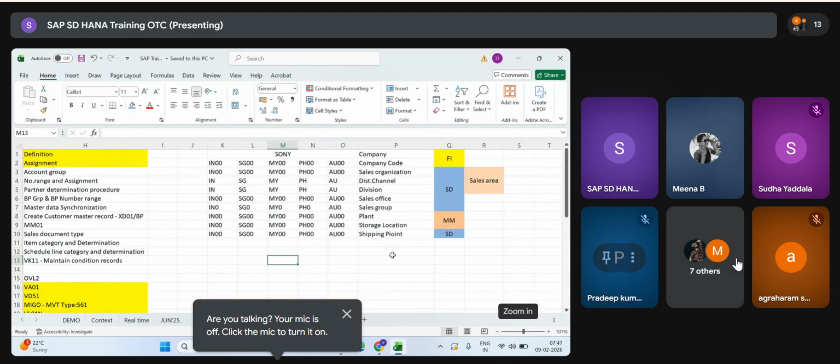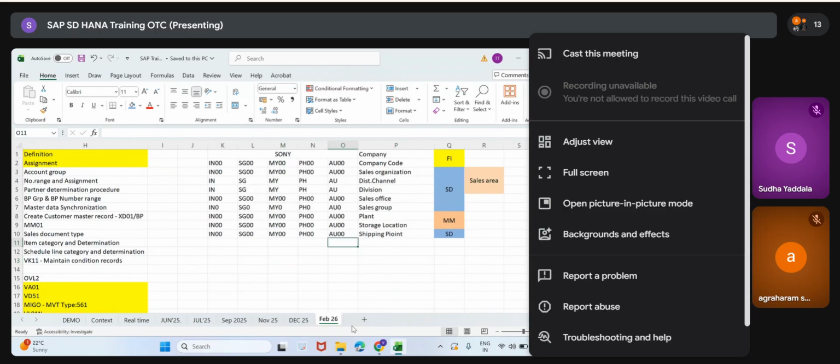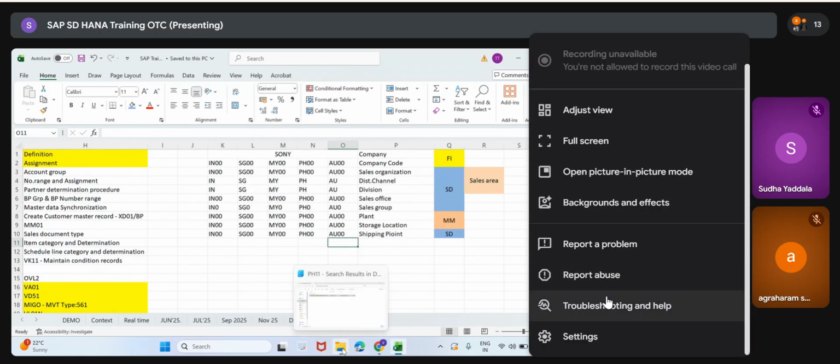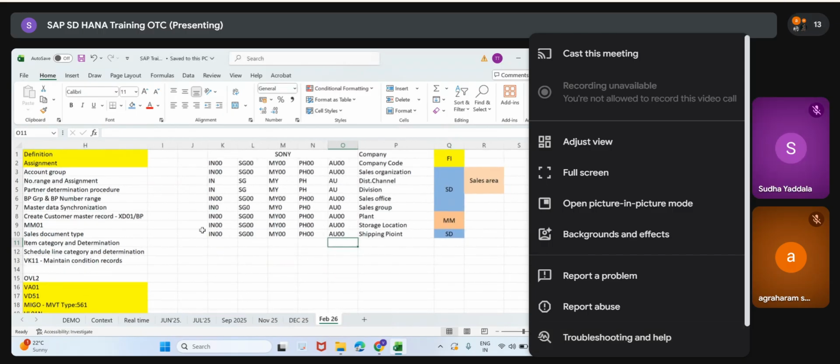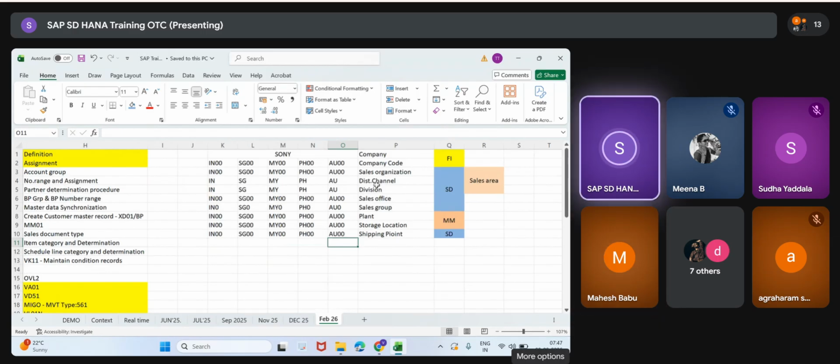Sir, what is the difference between channel and division? Distribution channel is the channel through which we are selling: wholesaler, retailer, distributors, like that. Sometimes at some clients I could see a common distribution channel, only one code. Sometimes they will use 10, 20, 30 like that.